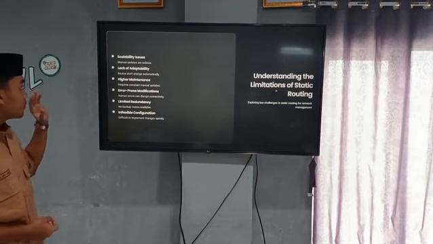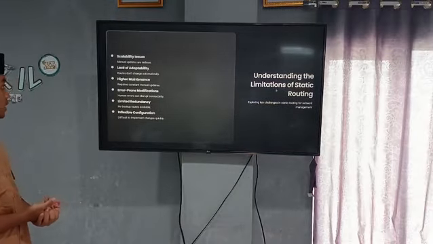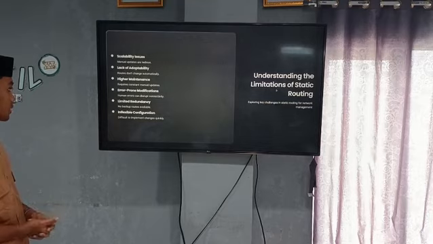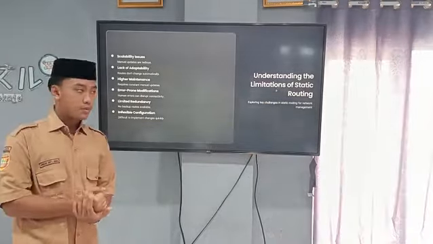And lack of adaptability: routes don't change automatically. Higher maintenance: requires constant manual updates. Error-prone modification: human errors can disrupt connectivity.